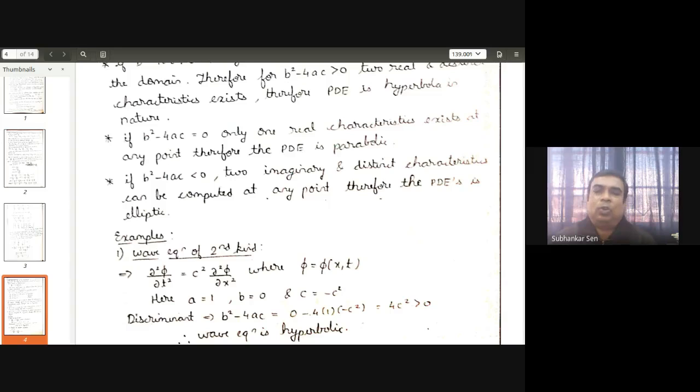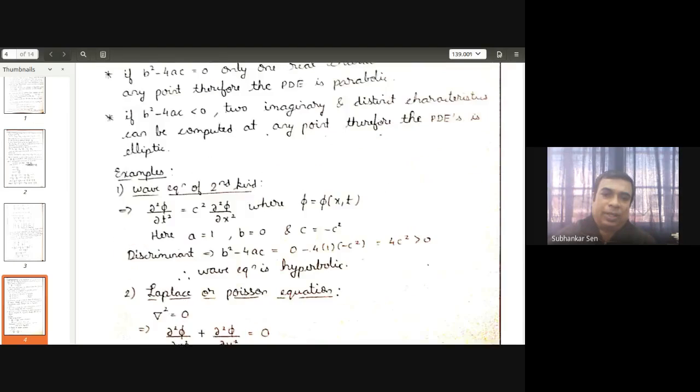If you go for the parabolic partial differential equation, an example is transient heat conduction in a rod. If you think of del T by del t equals alpha del 2T by del x2 in one dimension, that is the unsteady heat conduction in a rod. That is an example of the parabolic partial differential equation. If you remember the boundary layer equation, the x momentum equation, this is also a parabolic partial differential equation. The wave equation is an example of